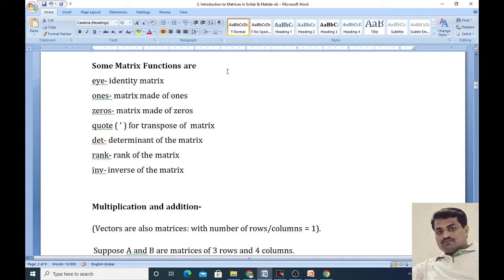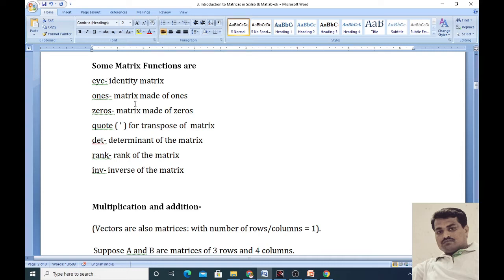Here, the first is EYE. This command is used for the representation of identity matrices. We know the definition of the identity matrix. You know the identity matrix of order 3, order 4, and we can generate that identity matrix using the command EYE.